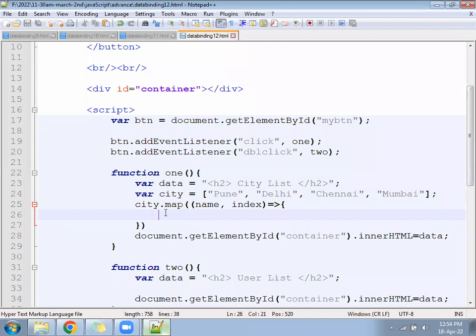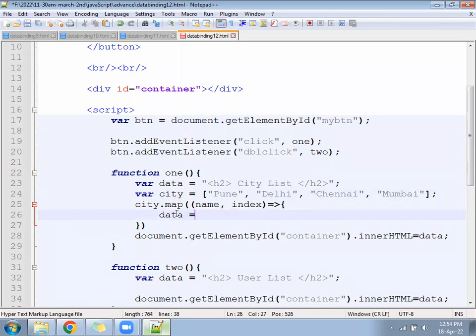Now, how many times will this loop run? Total cities are 4. So the map is going to run a total of 4 times. Okay, at this place you will write